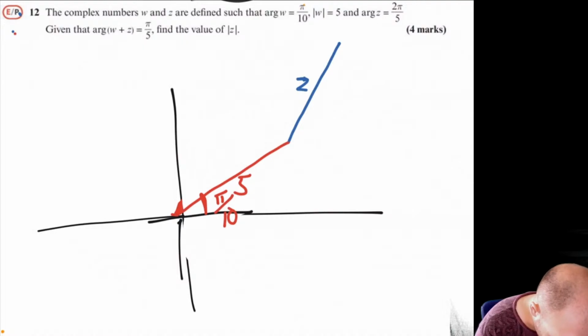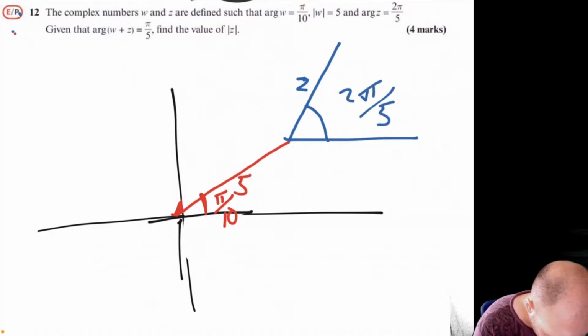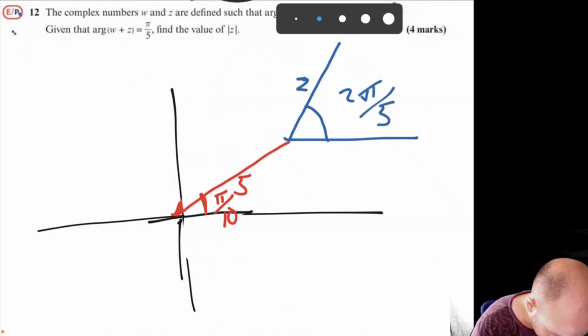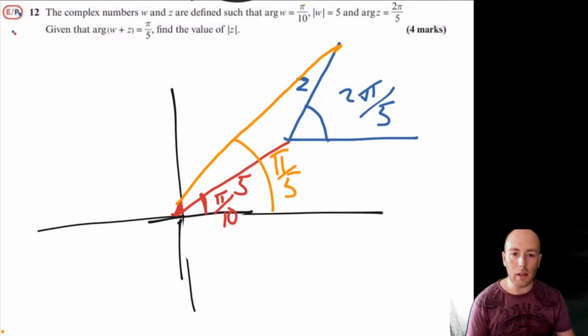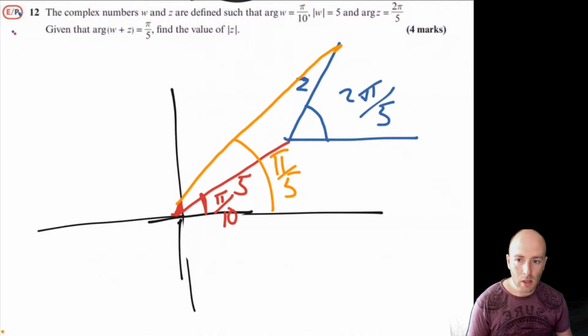We know the argument of Z is 2 pi by 5. And then Z plus W is that vector there. We know the argument of that is pi by 5. Okay, that's looking better. Can everyone see why this is now gonna work? So what we can do